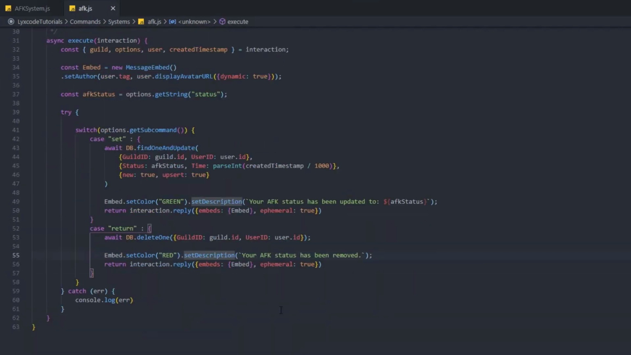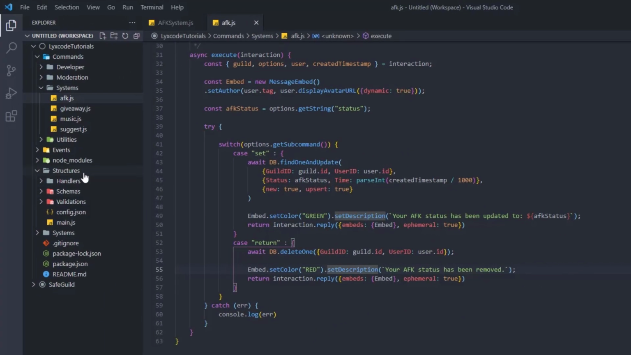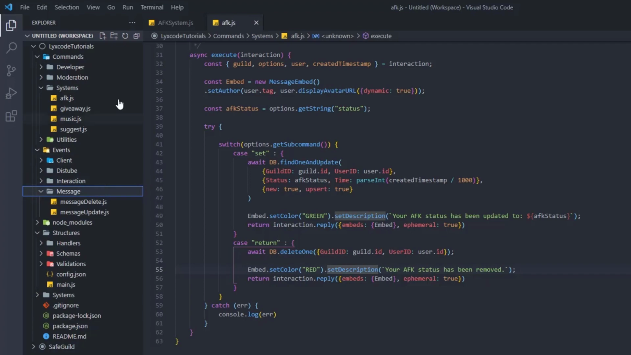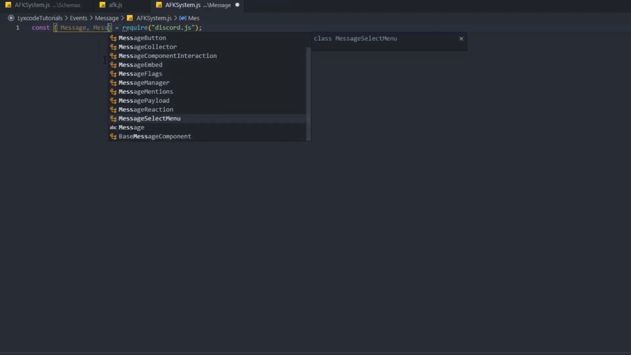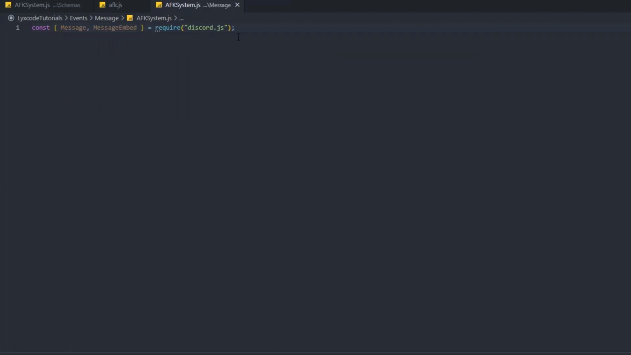It's pretty simple. So now let's go to our events. Create a new event inside of the message folder or wherever you want it to be. Let's call it, for example, AFK system.js. And here we're gonna require two properties from the Discord package. So we're gonna type require discord.js, and we're gonna require Message and MessageEmbed. That's all we need from the Discord package. In here we're gonna require the database first. So const dp equals require